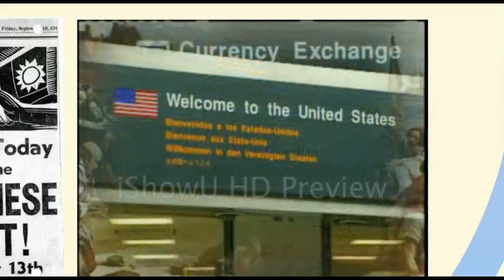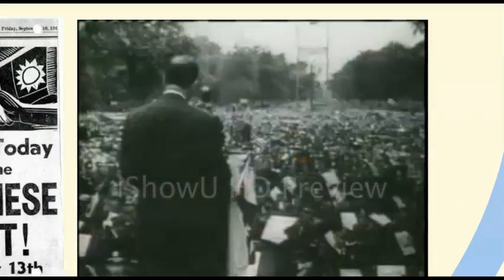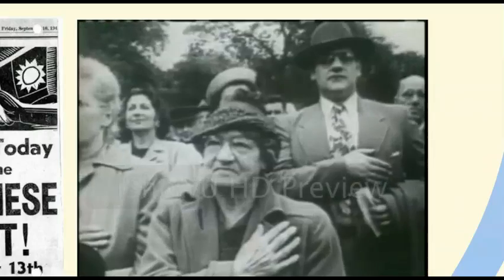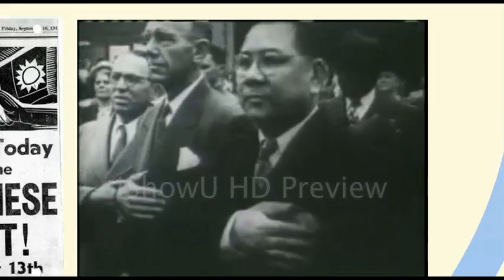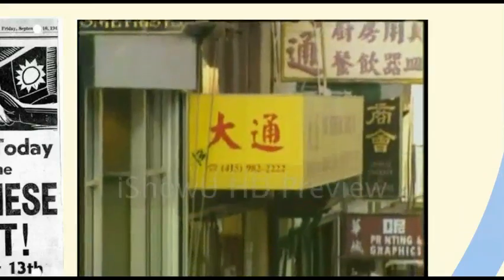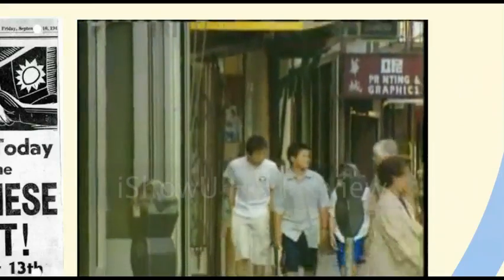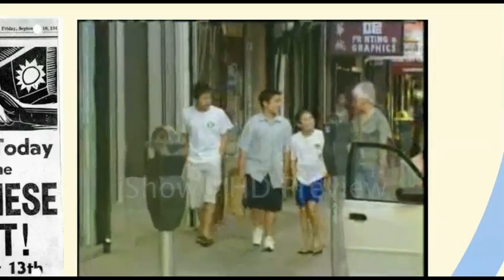The 1965 Immigration Act completely transformed the Asian American community, and I would argue completely transforms America. It really changes the last important immigration act, which is the 1924 Immigration Act. The 1965 Immigration Act allocates an equal number for every country in the world, 20,000. It allows Asian immigrants to come in on the same basis as any other country in the world. So now they constitute about 4% of the American population. 10 to 12 million.